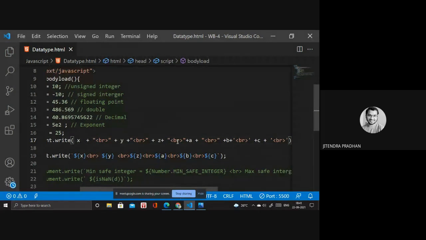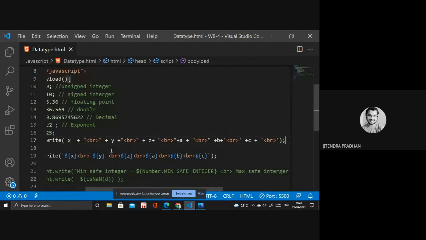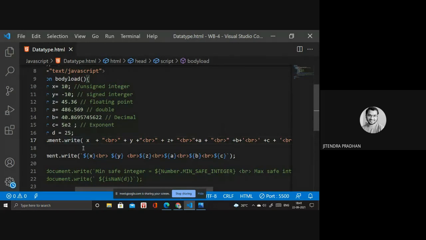Okay, we need to write a long process. Have you observed it? As compared to the backtick, it's a long process, because if I put the whole part inside double quotation or single quotation, it will be counted as a string. It will print the br exactly the way it was written, but I don't want that. I need the value as well as the break.